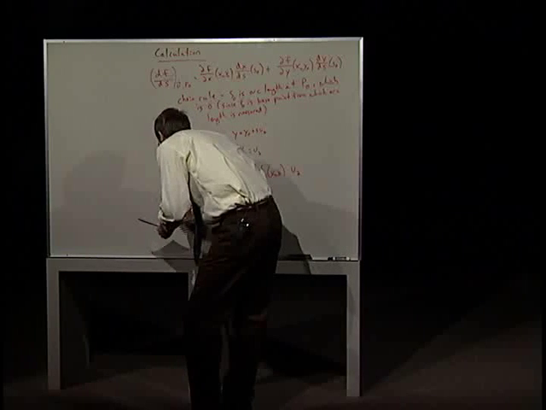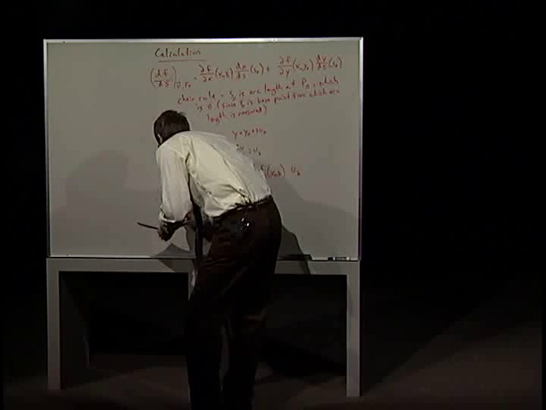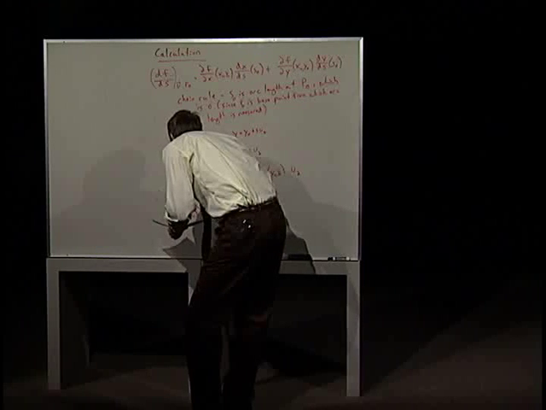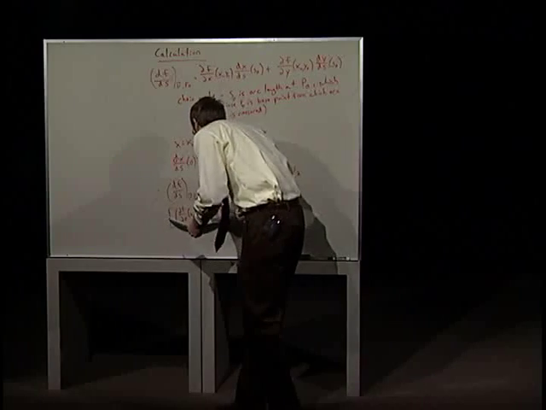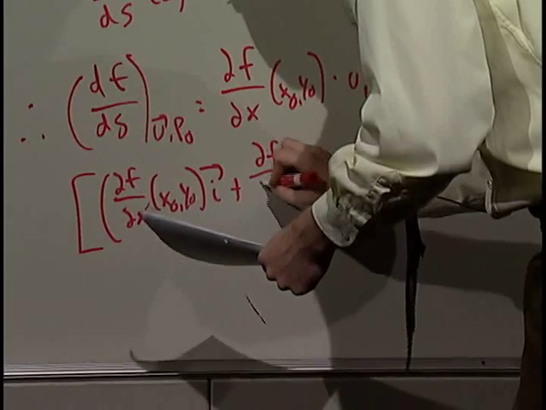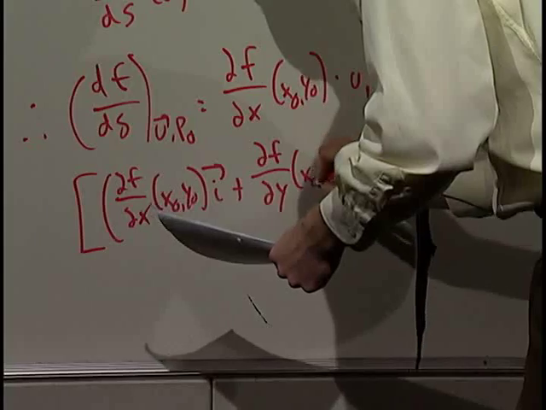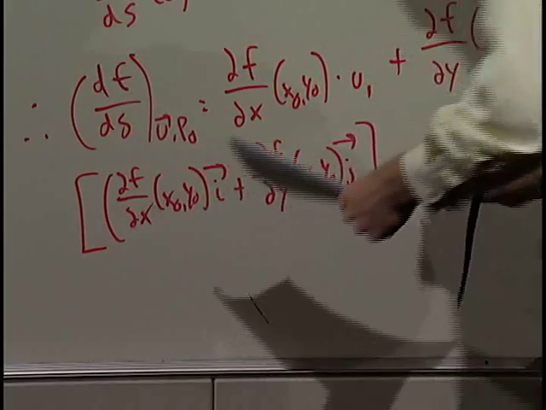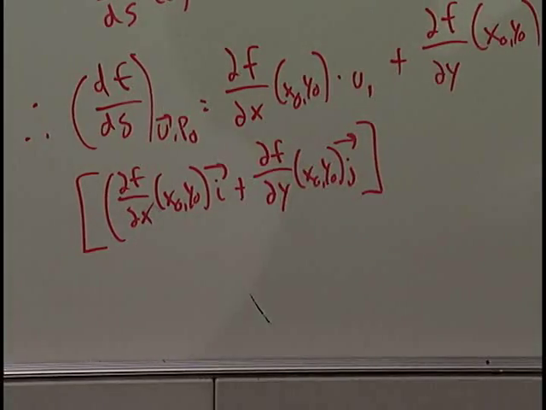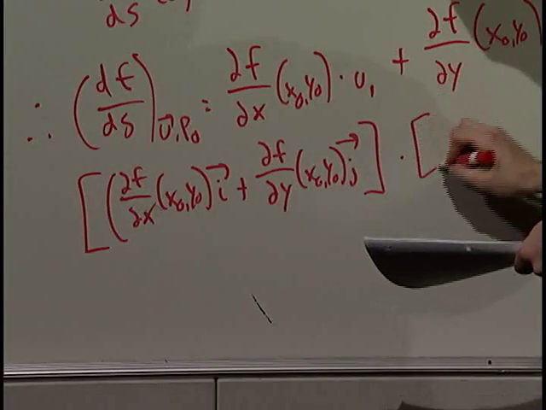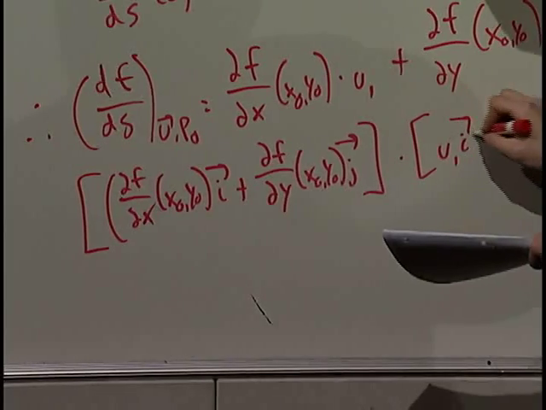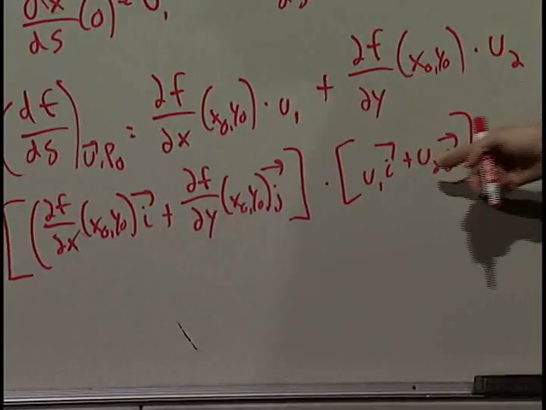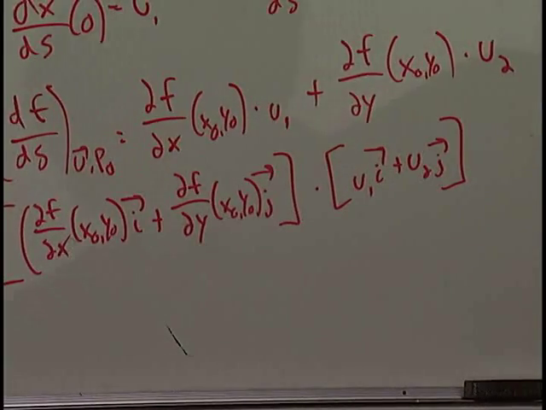So this is the partial f partial x at x naught, y naught as the i component of one vector, plus the partial f partial y at x naught, y naught as the j component, and we're dotting it